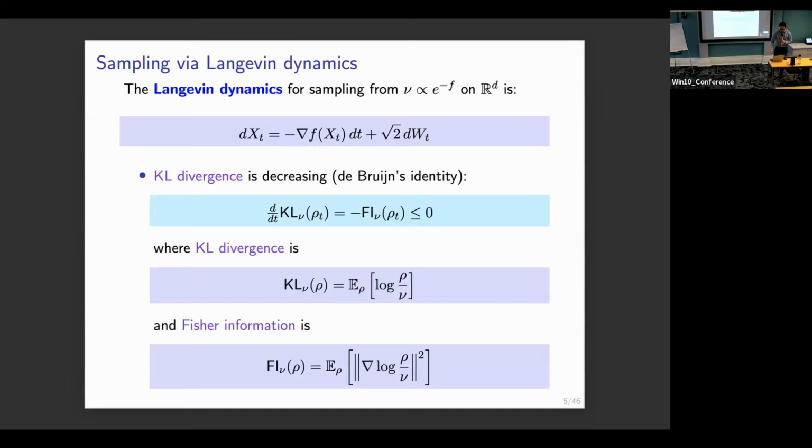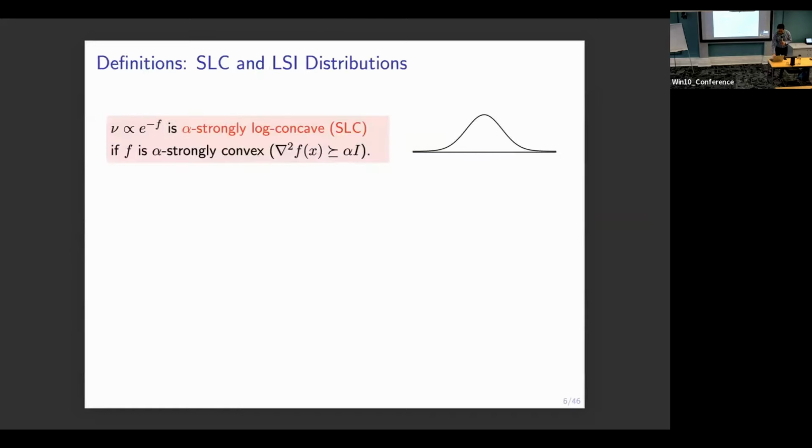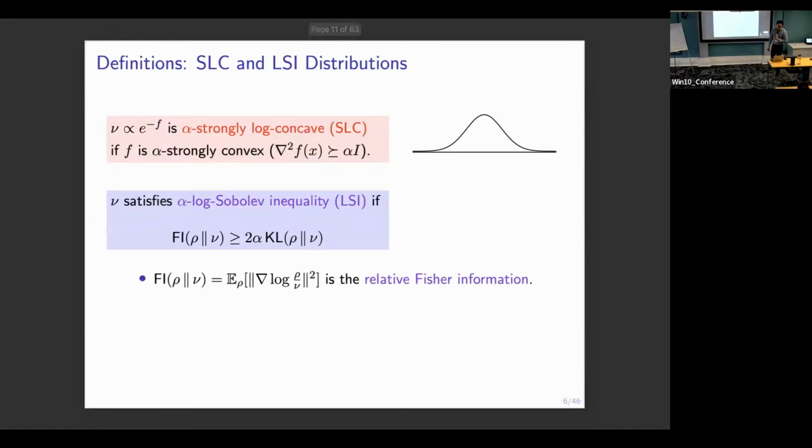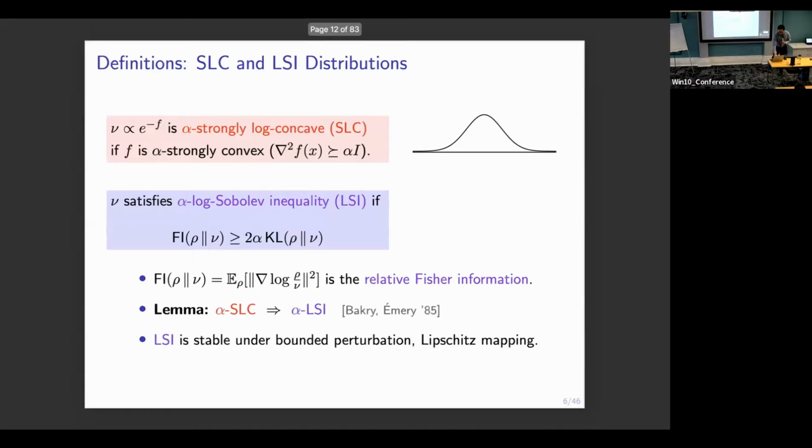And then if we have more assumptions on the target, then we can prove convergence rates, right? So in particular, here are some nice conditions. We say that the target nu is strongly log-concave if f, the negative log density, is a strongly convex function. So it looks like a Gaussian basically. Or the target satisfies the log-Sobolev inequality if for any distribution rho, this Fisher information is an upper bound to KL divergence. And what is true is that this is a weaker condition because strong log-concavity always implies log-Sobolev,